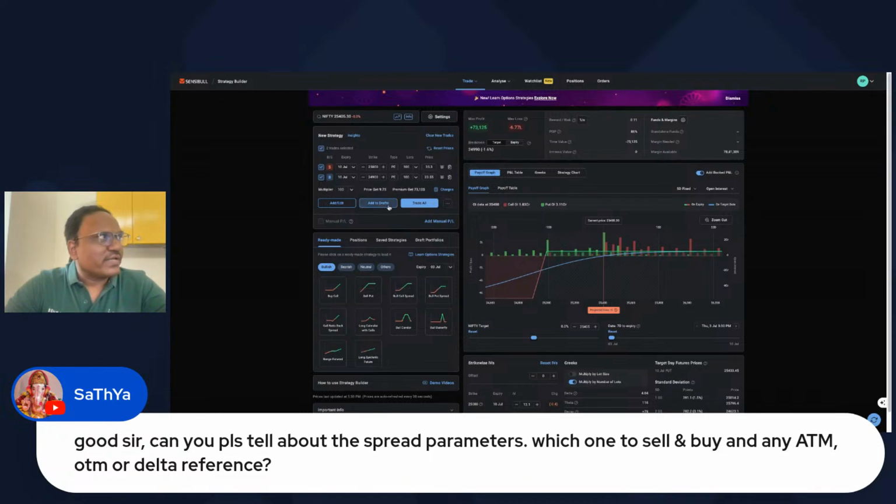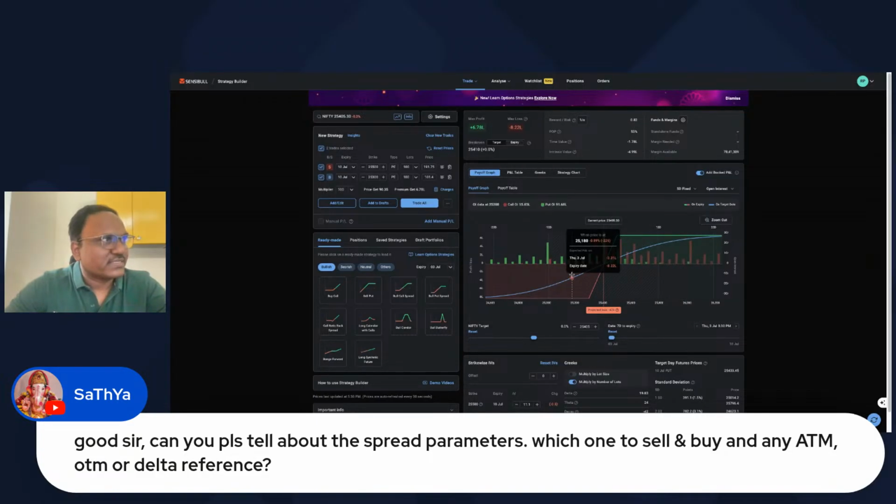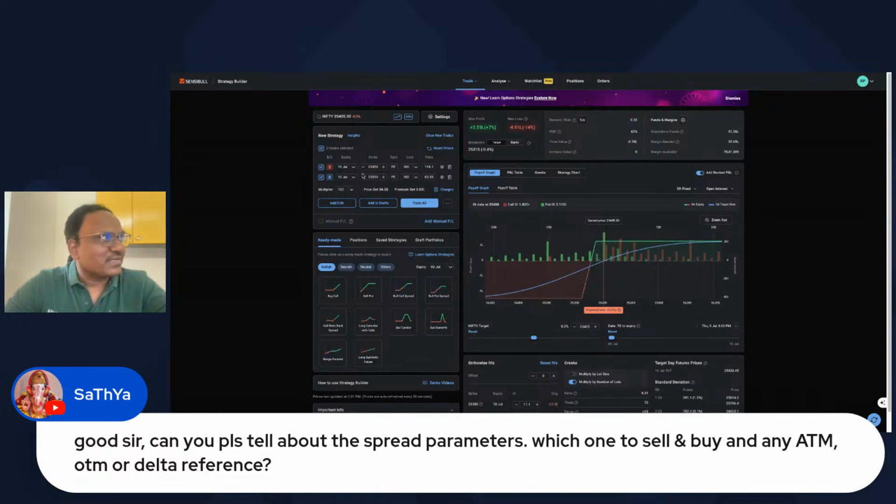But then if you want to take some risk, you can definitely get on to ATM. But then if you have ATM, let's say 25,000 was ATM, do not go too far for the hedge. You should stay very close. Your hedge has got to be very close. The reason is if you lose, it's like 0.82, right? So you gain 6 lakhs, but you lose about 8 lakhs here. So this is for the risky traders, but if you wanted to play safe, I think you'll have to go a little far behind.